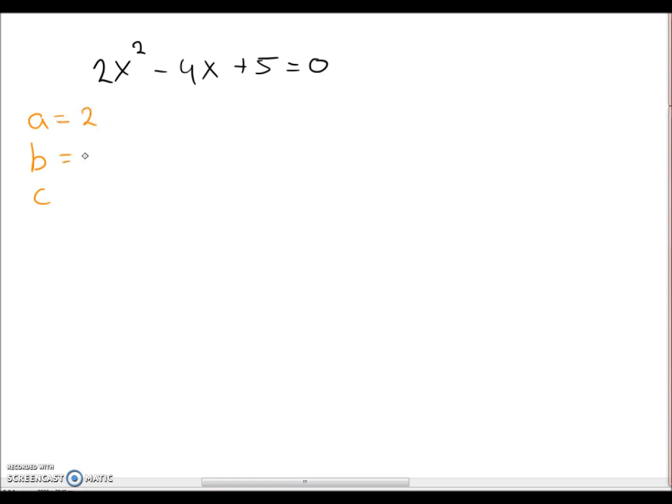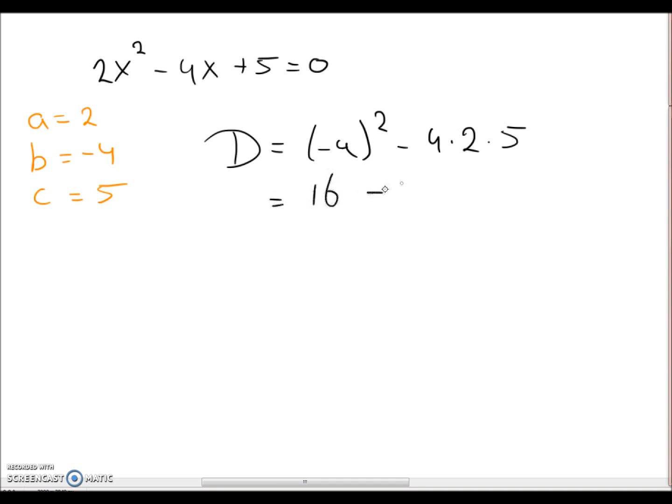A is 2, b is -4, and c is 5. And we can see that our discriminant is equal to -4 squared, again mind the brackets, minus 4 times a times c, or 16 minus